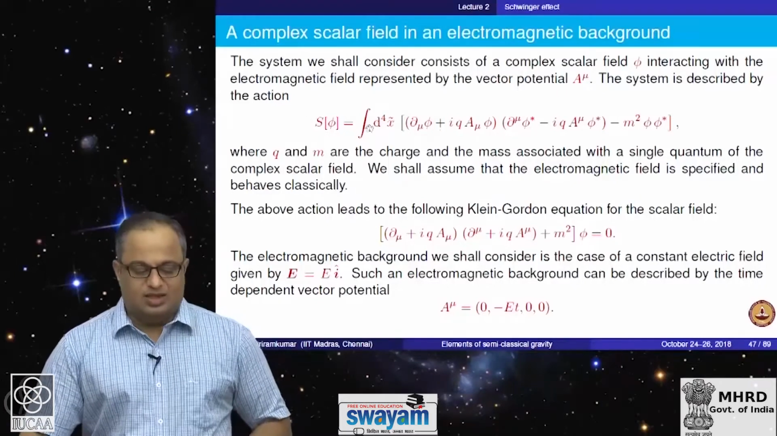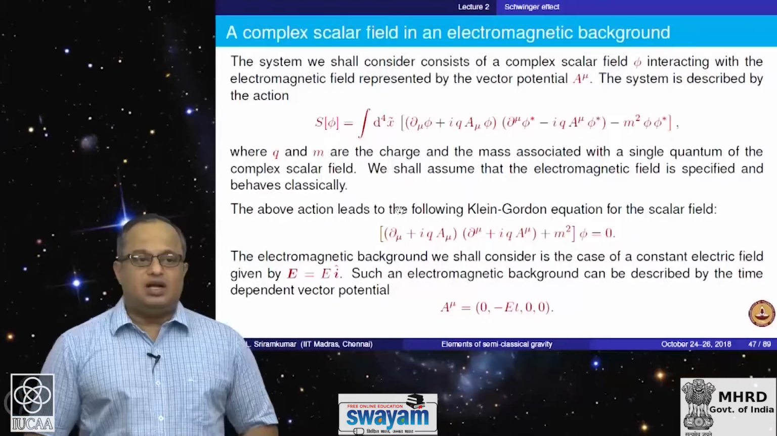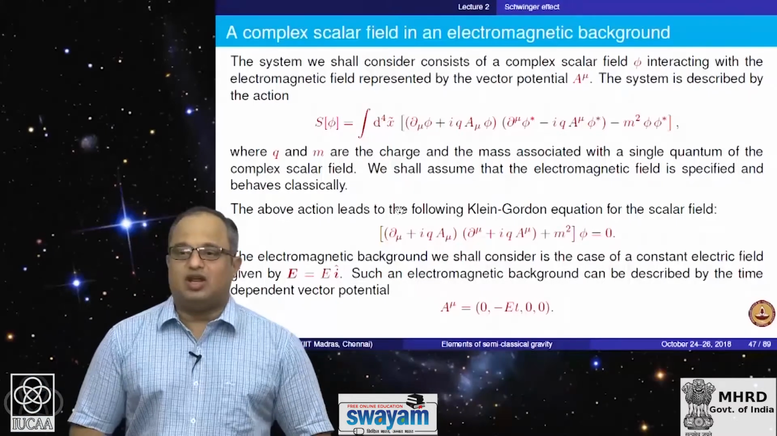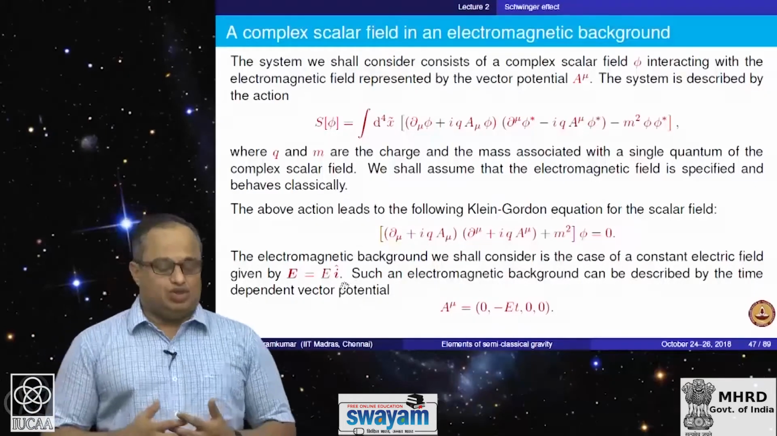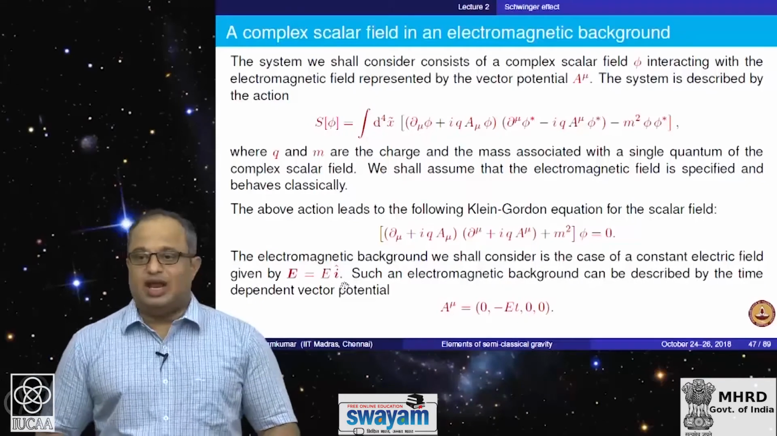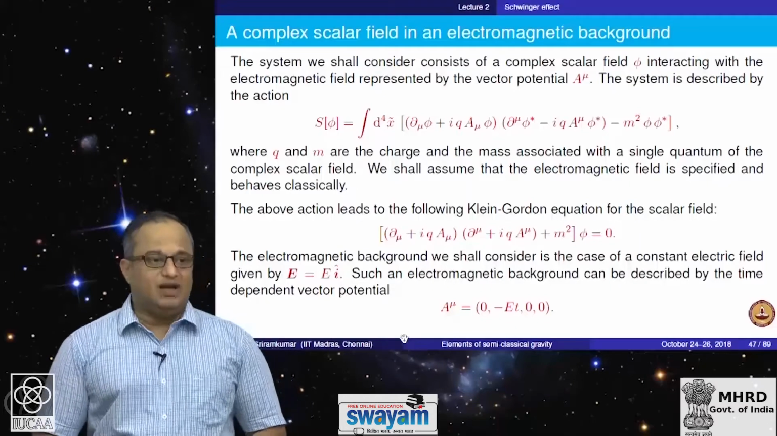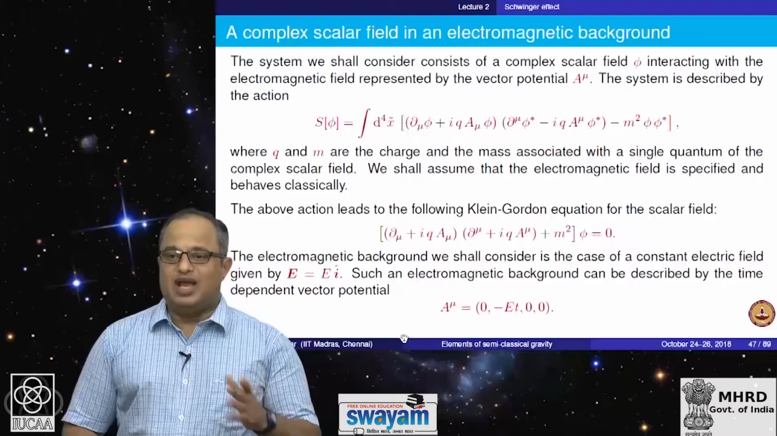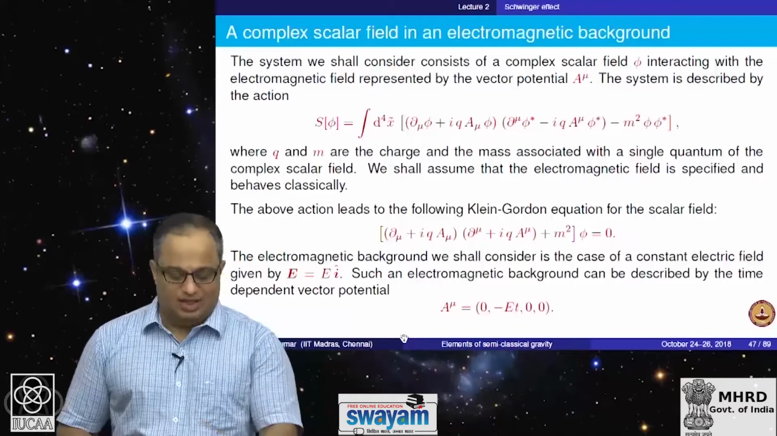So, if you vary this action, you will obtain this equation of motion, and I need to make a choice of a gauge. I am going to consider a constant electric field along, say, the x direction, and I am going to choose a vector potential that gives me the corresponding electric field, and it is easy to convince yourself such a choice of the vector potential will give the electric field. The scalar potential is 0. Remember, minus dA by dt will lead to the electric field,